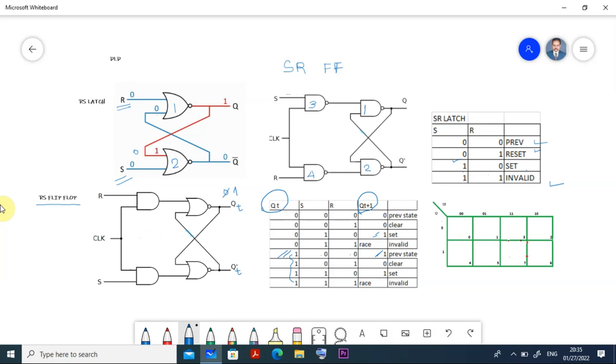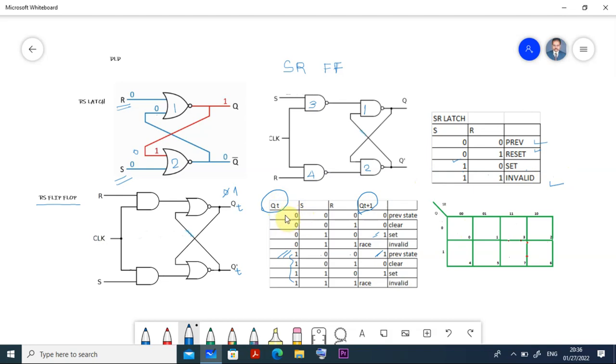Are you following me? So here what we will try to explain to you: I have explained the latches, the basic or very fundamental flip-flops. There, if S and R are both equal to 0, if both are 1, if S is equal to 0 and R is equal to 1, and if S is equal to 1 and R is equal to 0, all these operations and what the comments are, it is coming in here. Are you getting me? Then in that case I am taking the previous output and the current output.